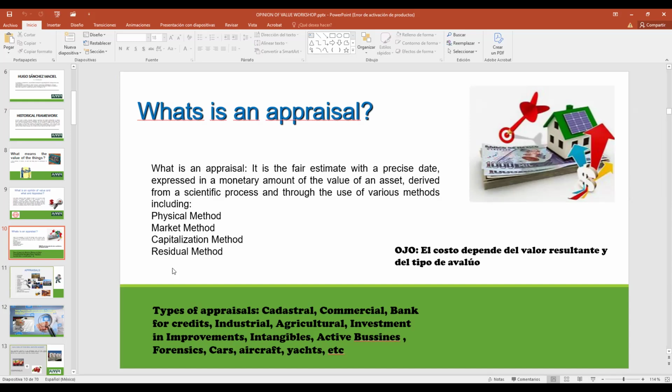How big is the business? For example, Cervecería Corona is an active business. I can do an appraisal of the brand, the logo, and the business: how much money they will make in the next 5 years and how much they made in the last 5 years. With all that information, I can come up with the price of the company. Forensics, cars, aircraft, jets, etc.